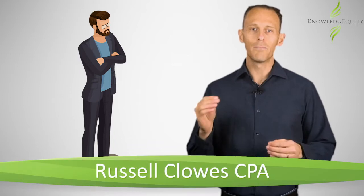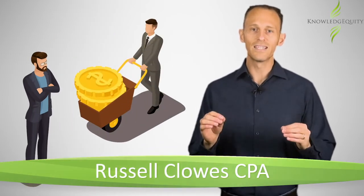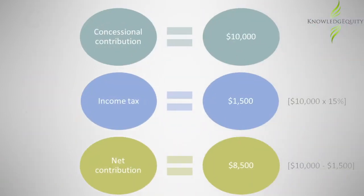Mike's employer makes compulsory superannuation contributions to Mike's super fund. These amounts are deemed concessional contributions. They are assessable income to the fund and are taxed at concessional rates, with the net contribution added to the